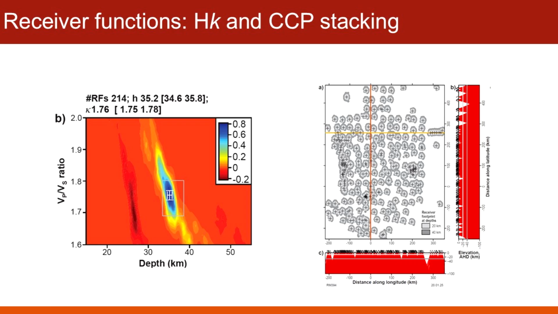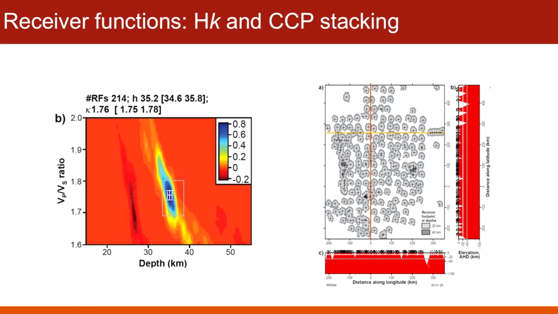So this is just a very simple 2D approach, and then we can stack to get the average crustal thickness and the velocity ratio. The velocity ratio here is just used as a bulk crustal composition indicator. So this is a single station approach. And this is a map view of all phase 1 stations. Along these 2 profiles, along the longitude and along the latitude, we can see each station actually has